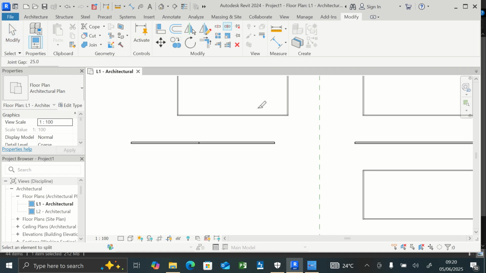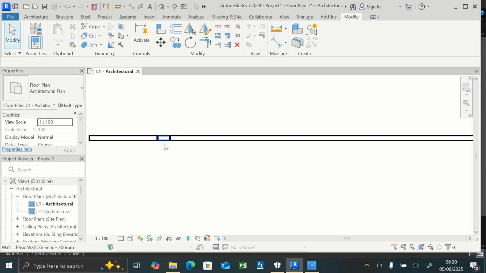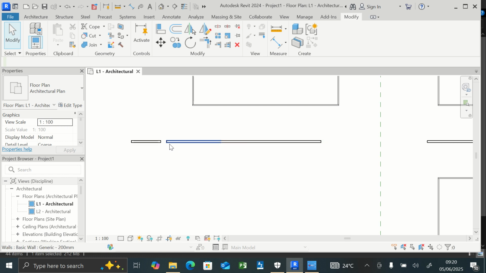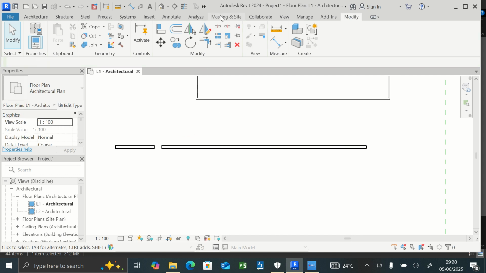So click on the one with gap. So you click and specify the gap. Good. So you see the gap that I created. So I can easily delete this one so that the gap can be seen clearly. Alright, so there are other